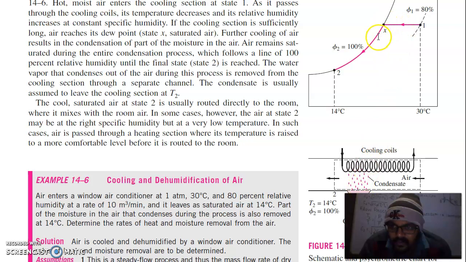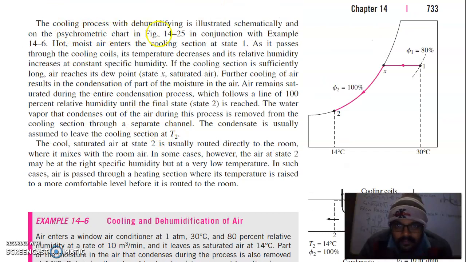So the moisture starts to condense, but the relative humidity remains 100%. Up to state 2, it is 40 degrees Celsius; the air temperature will decrease and its relative humidity is 100%. The cooling process with dehumidifying is illustrated schematically and on a psychrometric chart in conjunction with an example. Hot air enters